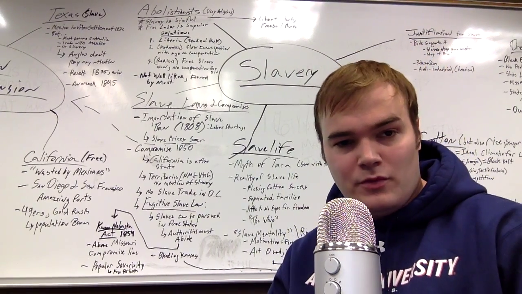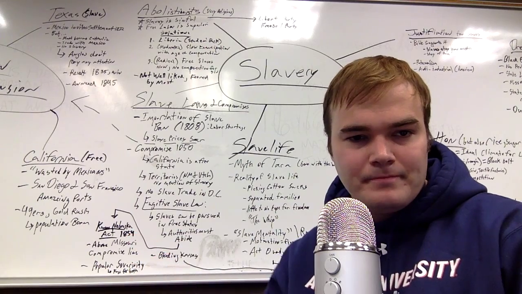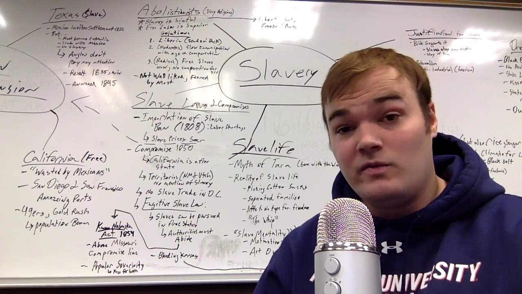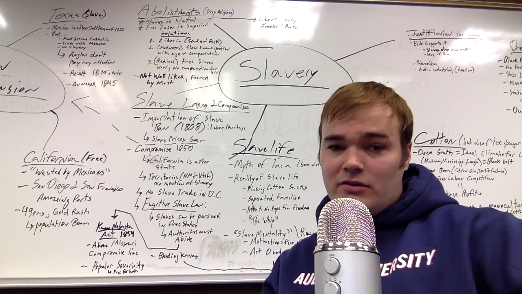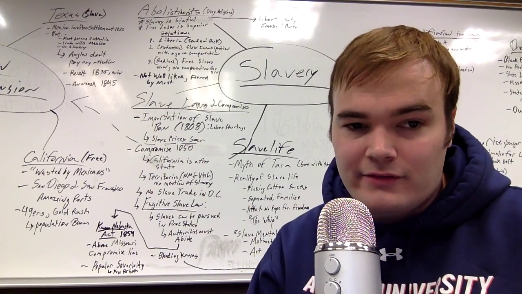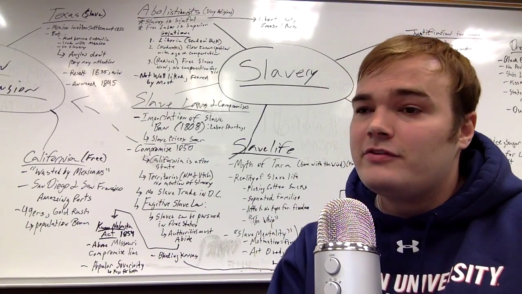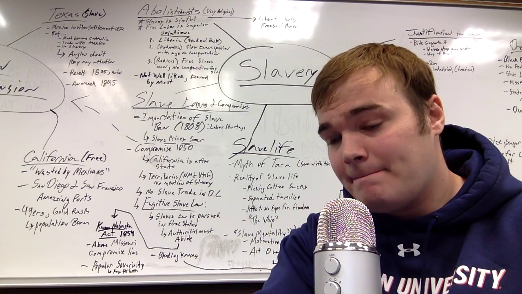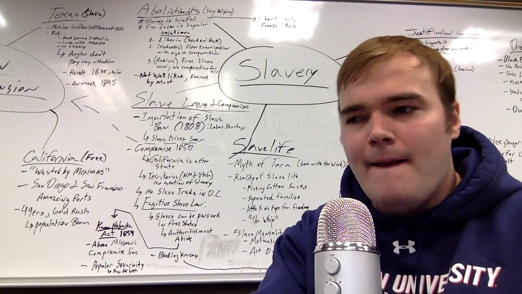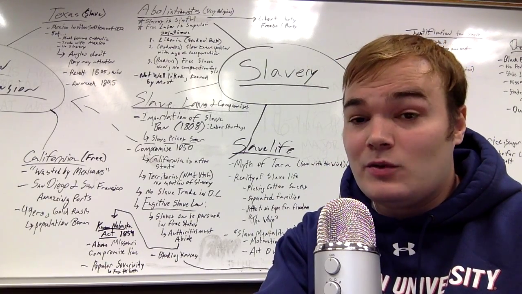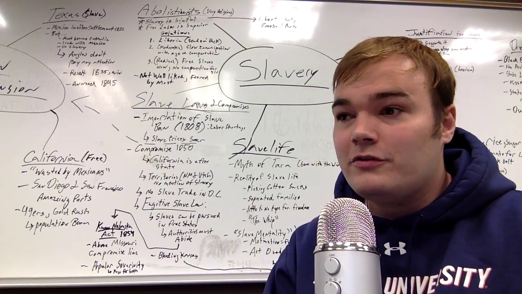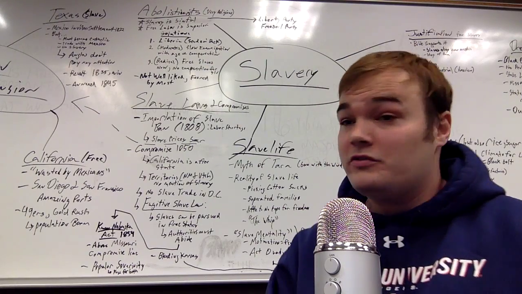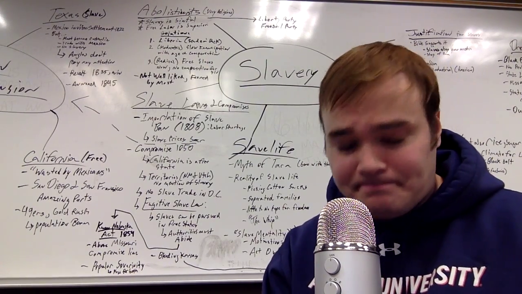Some other stuff you'll see right over there. I know that's hard to read, but that says the Kansas-Nebraska Act of 1854. This is going to come after the 1850 Compromise. Kansas-Nebraska Act, basically we have an issue. Kansas and Nebraska are both above the Missouri Compromise line, which means they should both really be free states. But that would mean the Senate would be divided. So there's this whole big issue of, hey, do we stick to the Missouri Compromise, or should we do this one-state, two-state policy? It's really tough stuff.